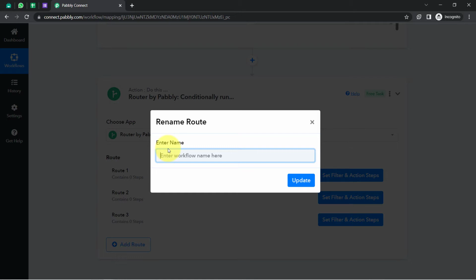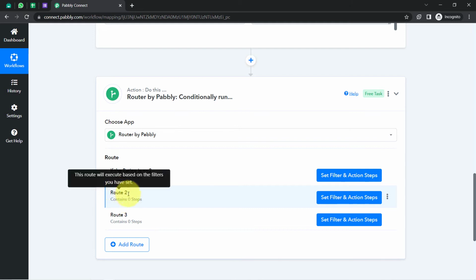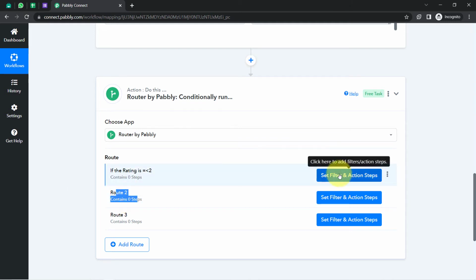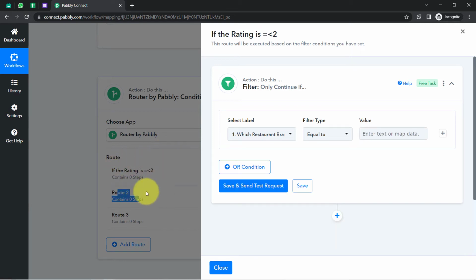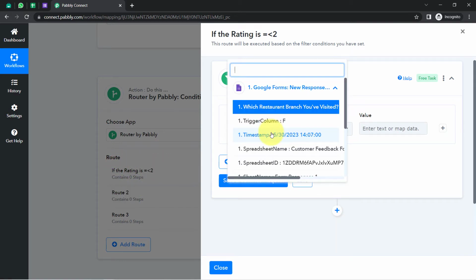Okay, so I will write something like, if the rating is equal to or greater than 2, then this step will be executed. Okay, so I will rename this particular step later. Firstly, I am going to set the filter and action step for if the rating is actually less than or equal to 2. Okay, now if I click on this particular drop down, you will notice it is the